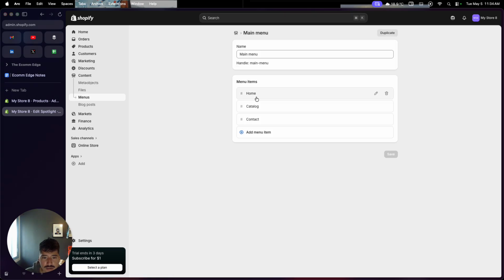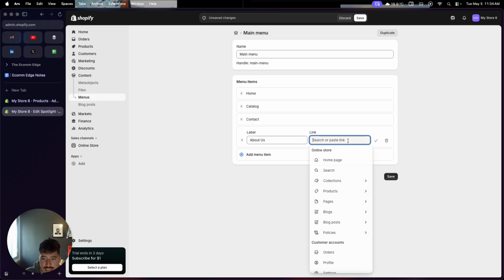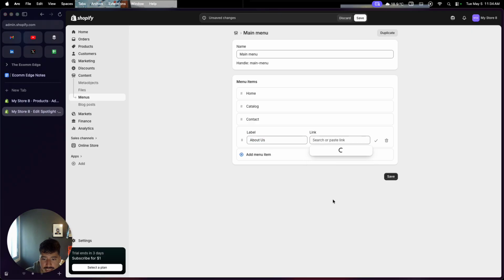This, of course, will allow you to customize the main menu on the website, right? And then you can also add extra pages. For example, the about us page that we made, we could write about us and then search. Click pages, about us, and there it is. And then just make sure it's saved. Also, you can rearrange the